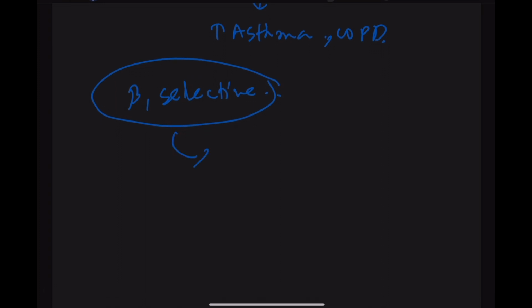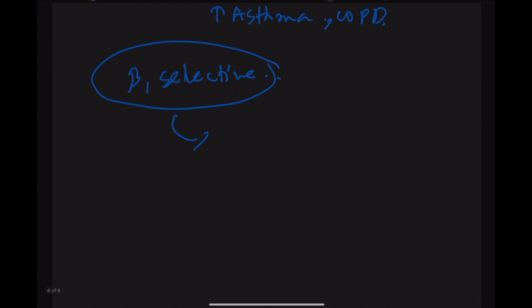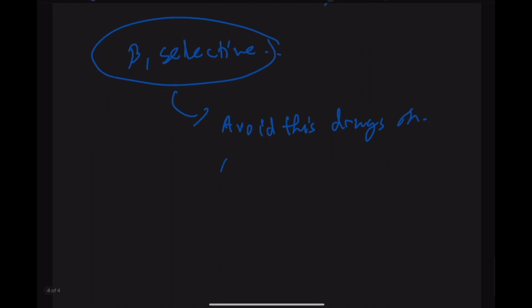But no beta 1 selective drugs currently available are purely beta 1 selective. The beta 1 selective drugs we currently have are not purely beta 1 selective. So they have some effect on beta 2 receptors, and so we should avoid these drugs in asthma or COPD patients. Okay,